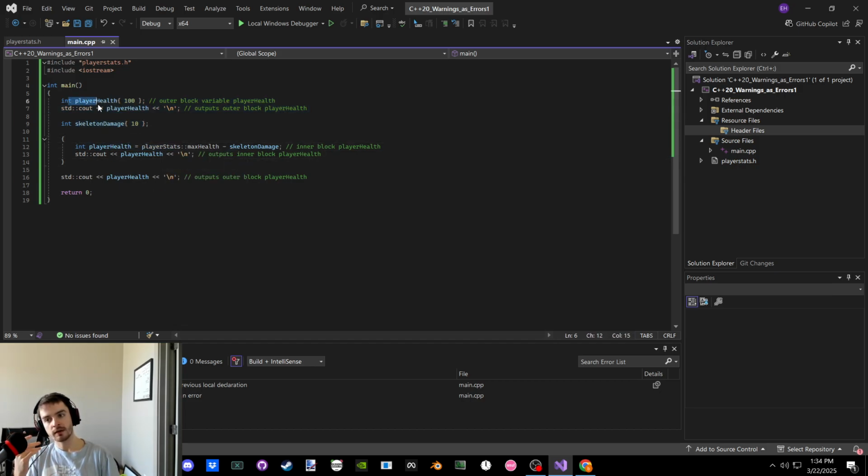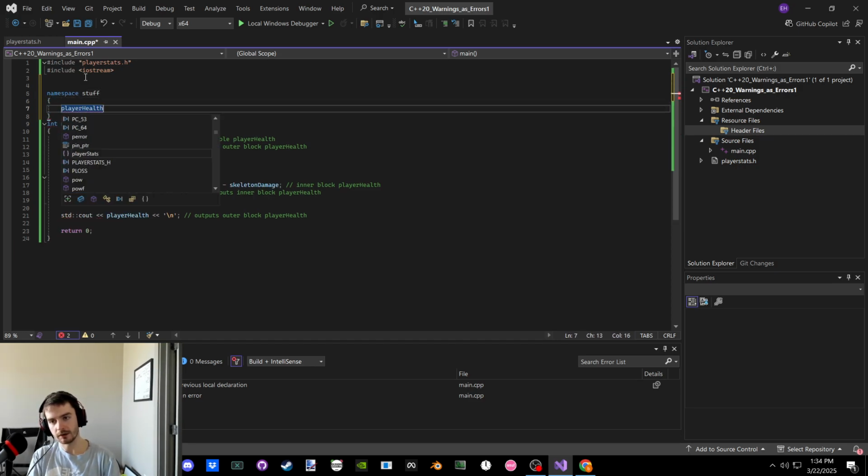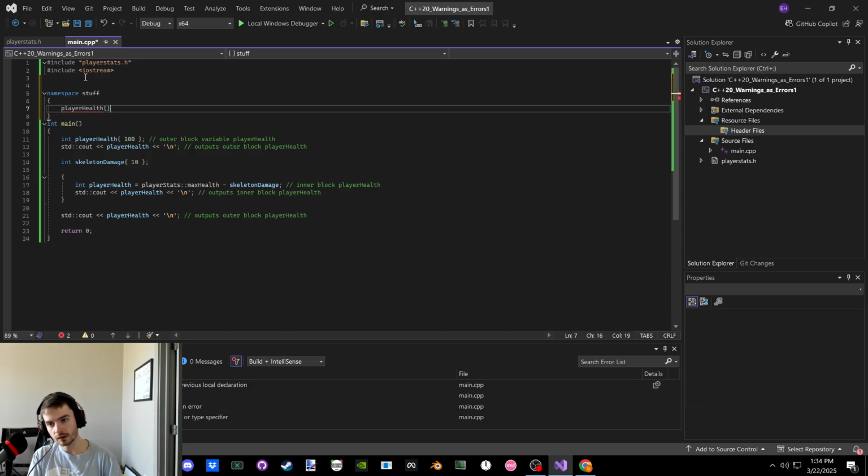Nobody will say anything if they're in two different blocks because they're within two different scopes, so it's okay. But we have warnings as errors enabled, which says, hey, if you have an inner block with a variable whose identifier is the same as an outer block's, you won't be able to access that outer block variable unless it's namespace stuff. And we just say player health,